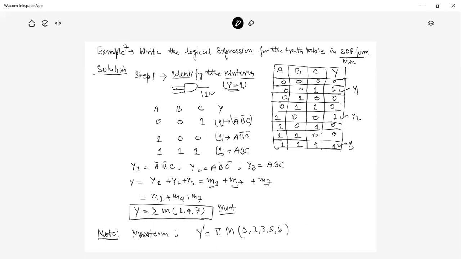If you find out the min term, then by the method of complement or method of equivalence, you can find the max term as well. So this is a good way to find out the min term and max term once one is given.